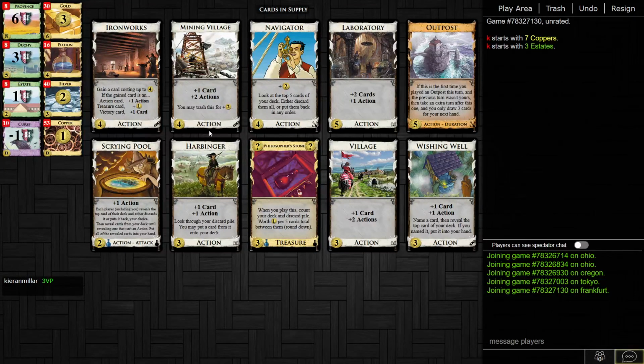Is the engine worth doing? So there's no plus buy, but there is an Outpost. The Outpost turn could be good or it could be terrible. There is Laboratory, but with only one gain per turn, do we even really want the potion? I guess you'd open Ironworks first, but...